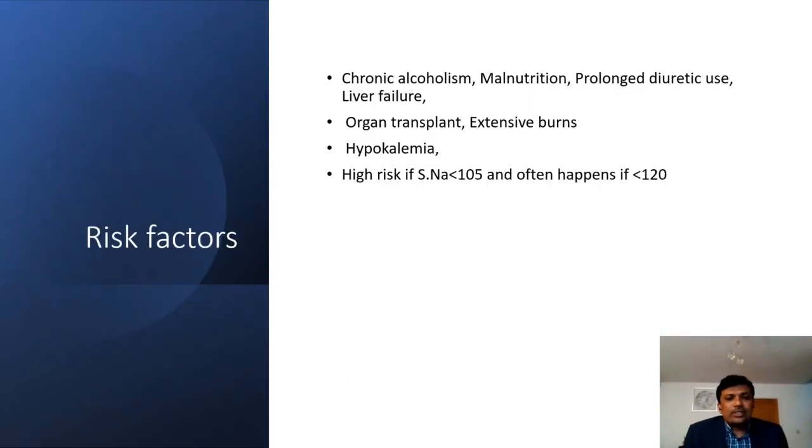But not all patients are at risk of developing hyponatremia overcorrection symptoms, but we have to be careful. These are the patients who are at high risk. If you have a patient with a history of chronic alcohol excess, malnutrition, prolonged diuretic use, liver failure, previous liver transplant or any organ transplant, excessive burns, and also hypokalemia, this is seen to be associated with